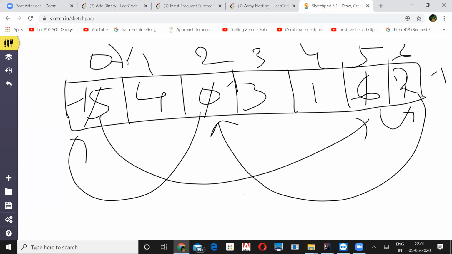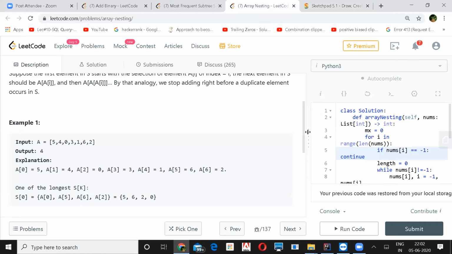So as soon as he starts, he will reset the counter, and as soon as he reaches the negative value, he can compare with the previous max and update it here. When he completes one cycle, he will update that max path. Okay, I'll show you. That may not happen always, right?